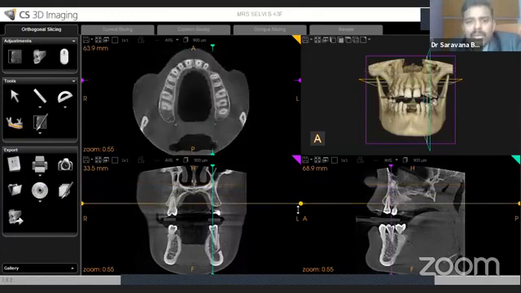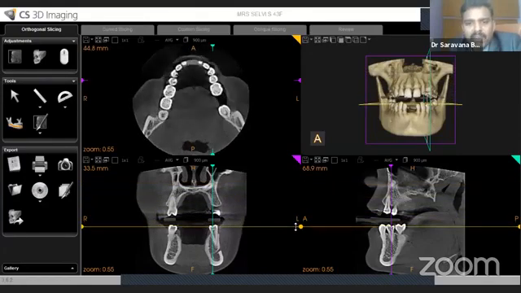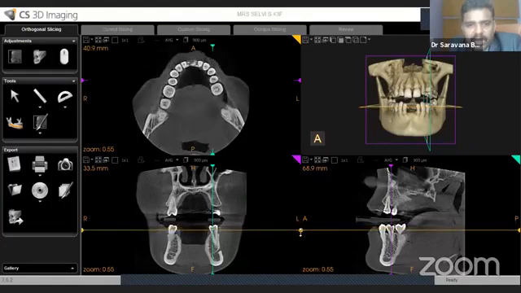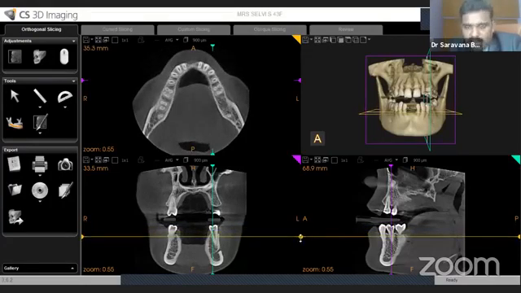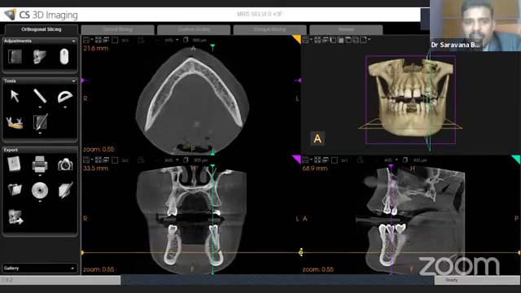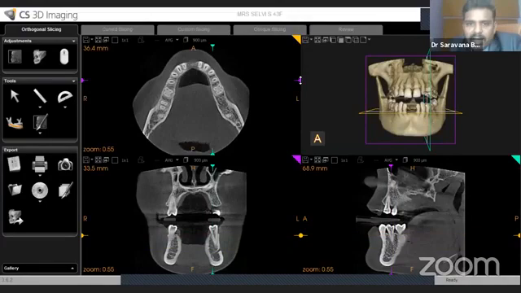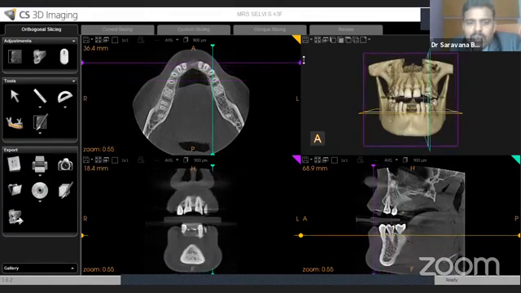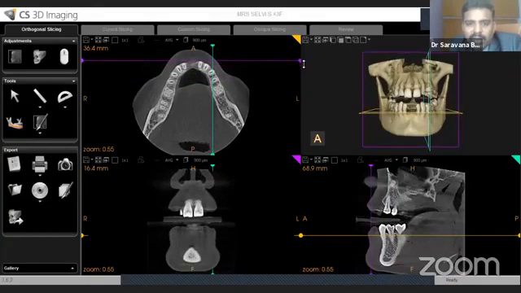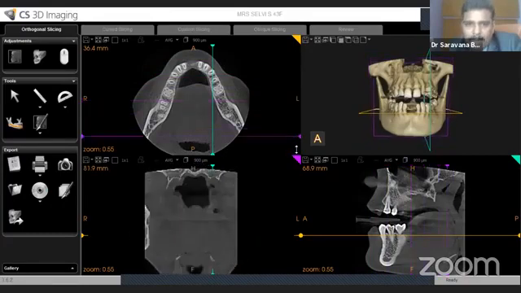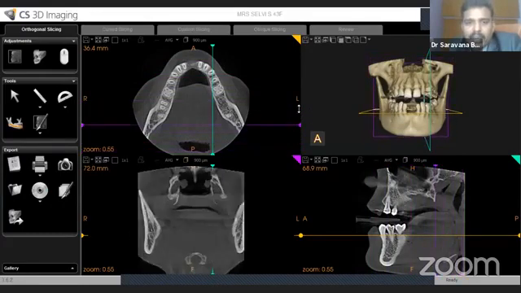Now I'm going to show you the mandible. Now I'm just moving only the axial slice, this yellow color button only. This is the mandible slices. If I want to move the coronal slice, I have to search for this purple color dot. I can move from the front to the back. Now you can clearly view the movement of the coronal slice. Again I am going front.